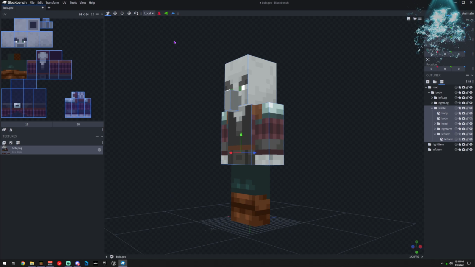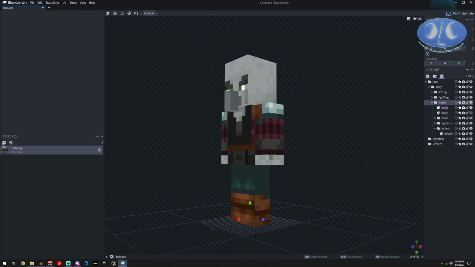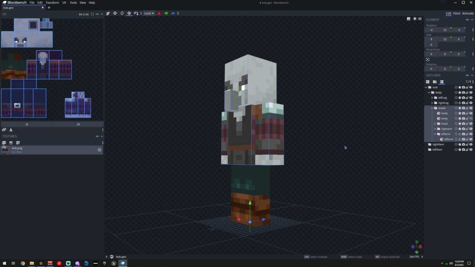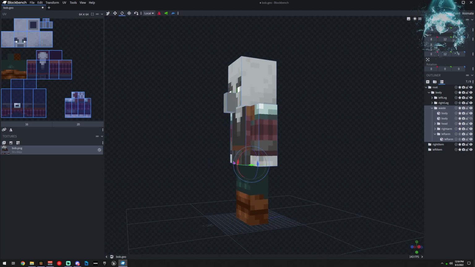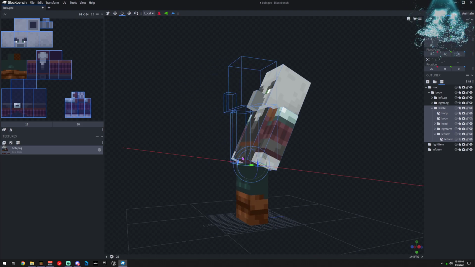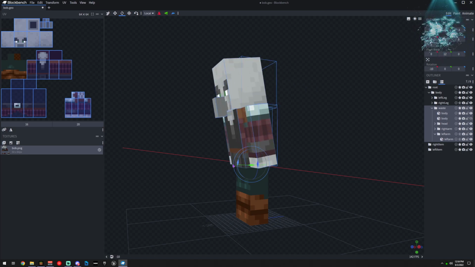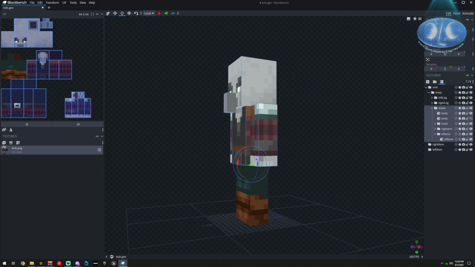This is probably more detailed than you want, but it's just one of those things. It's a pet peeve. So I'm going to take the pivot point for the waist and I'm going to move it up to where he can bend at the middle now. See how that works? So his legs and his body are separate, and then he has a root.